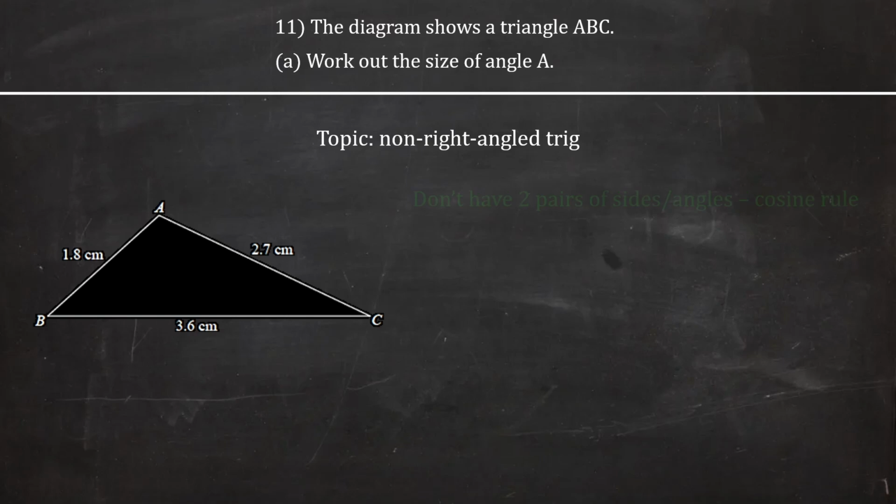In this case, we're only dealing with one angle, the one that we're trying to find, so it has to be cosine rule. Then we're going to write down the formula for cosine rule for angles. You're not given this one. You can technically use subject of the formula to make this one, but if you can memorize it, it's a good one to memorize,